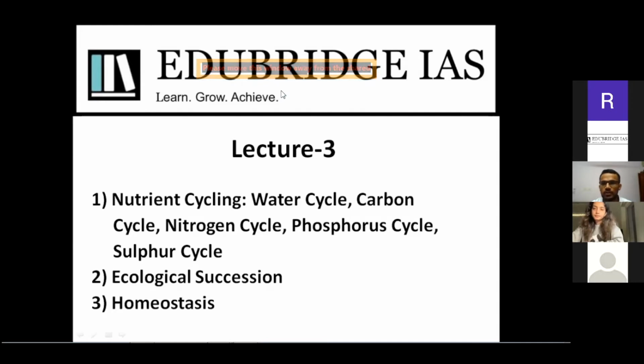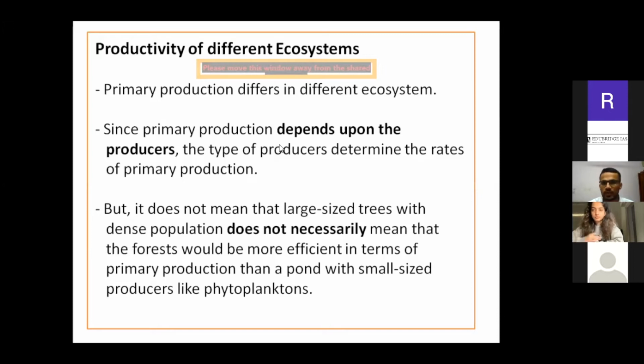And we also discussed about certain related concepts to energy flow, like we have discussed about the trophic levels, various ecological pyramids we have discussed, and also we have talked about the productivity, ecological productivity in the form of GPP, that means gross primary productivity, NPP, net primary productivity, and secondary productivity we have discussed. So let me discuss few more concepts related to productivity itself.